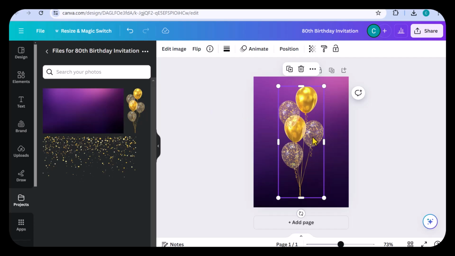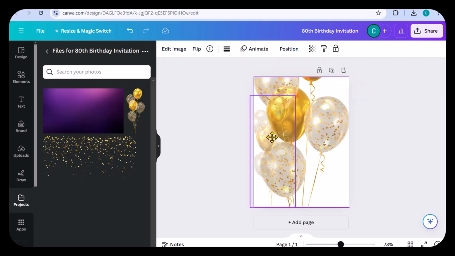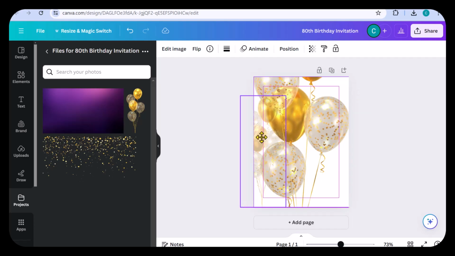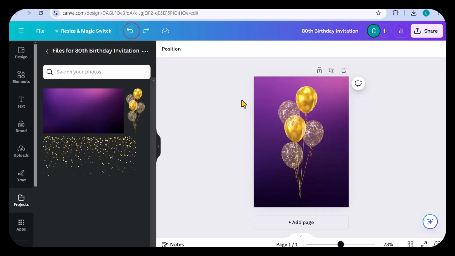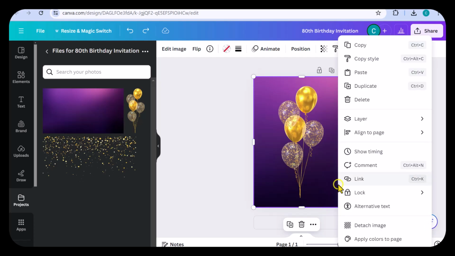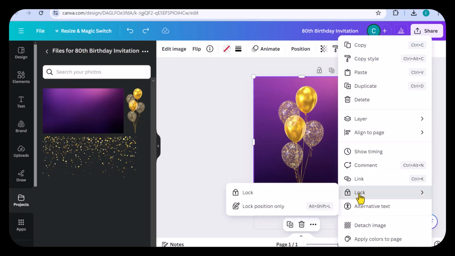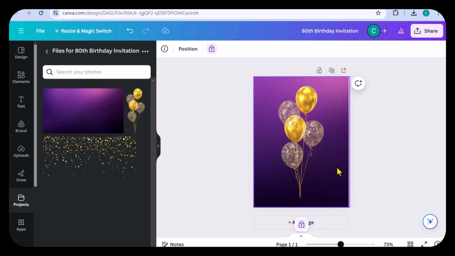on the project. If I attempt to move this balloon, we can see where the balloon image has filled the frame that was placed on this project. So what I am going to do is to undo this action, and since I'm comfortable with the background currently where it is, what I'm going to do is to right click on this background, and I'm going to select this option that says lock. And what that does is it locks it so that it cannot be edited or moved.